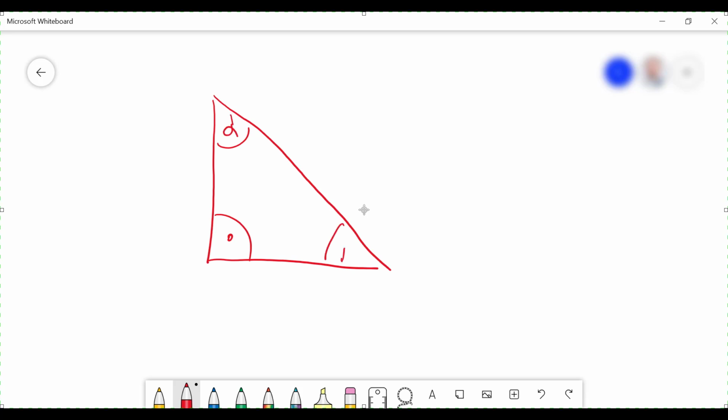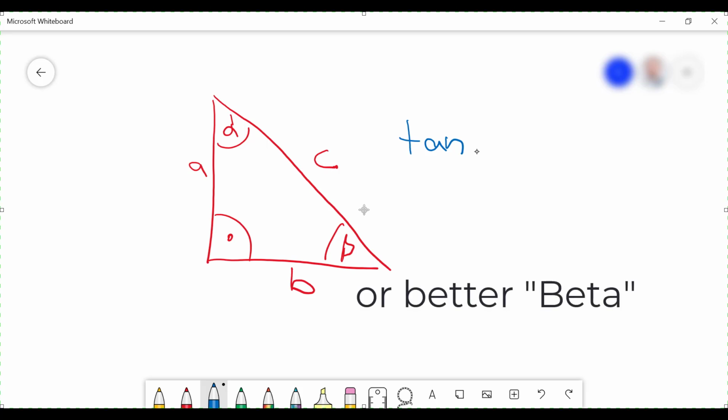Because in a right-angled triangle we just need some trigonometry to calculate the angles. So let's take A, B and C. C is our hypotenuse. We have B, the adjacent side to the angle theta, and then we have our opposite side with